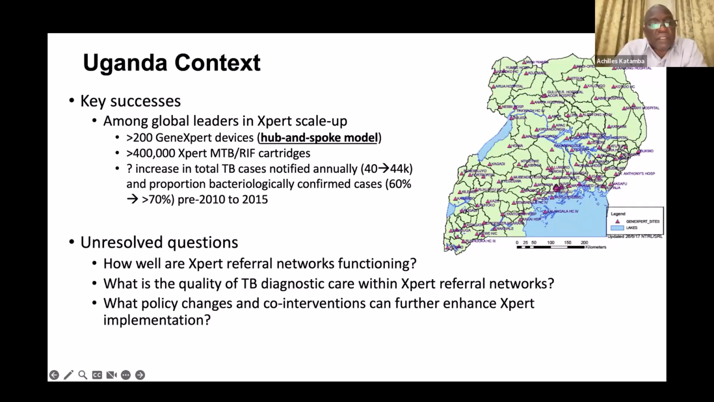and maybe that may have been due to the increase in number of Xpert tests. So there were a number of unresolved questions there: how well are these networks from the spoke to the hub functioning? What is the quality of TB diagnostic care within the Xpert referral network? And what policy changes and core interventions can further enhance Xpert? And this is the work that we have been doing over a number of years, to try to address these questions and try to inform